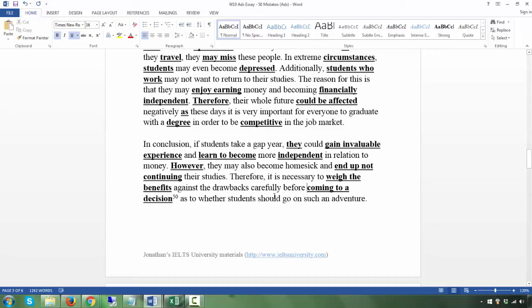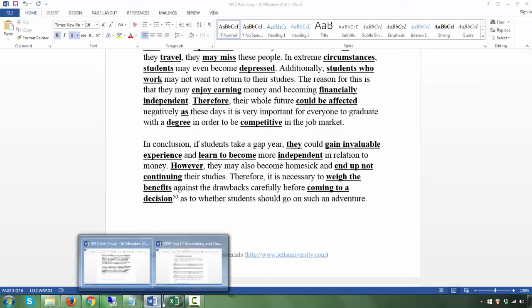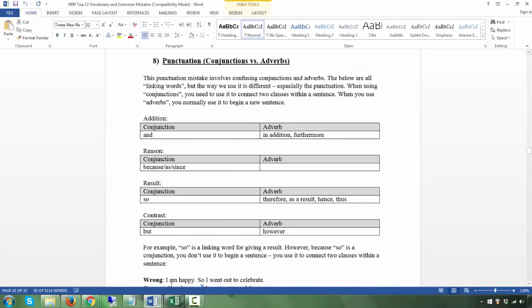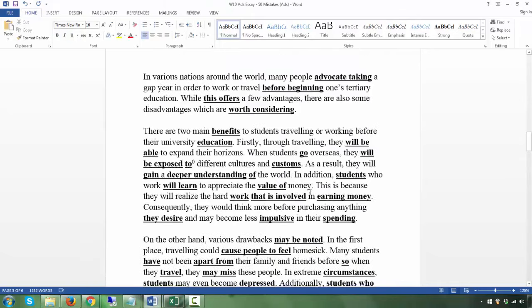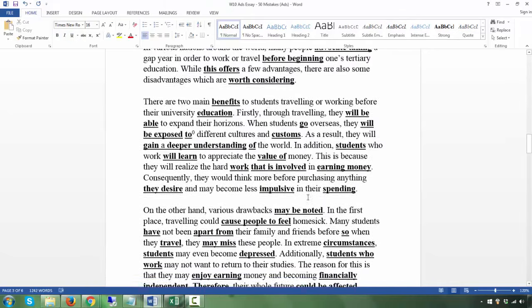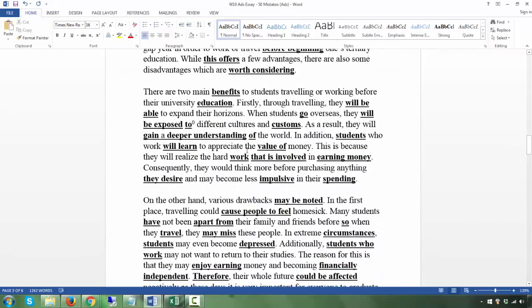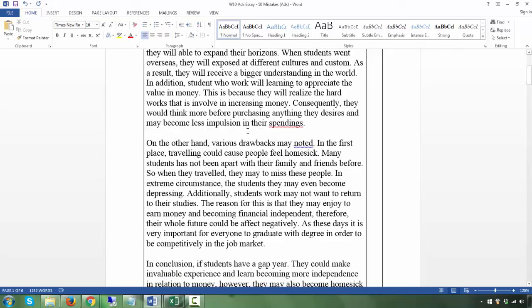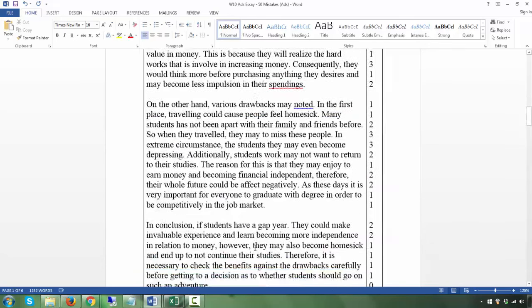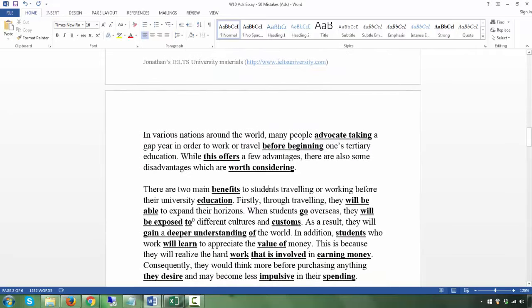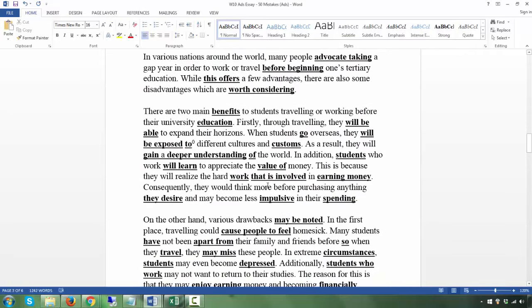Okay, so that's it. All right, these are the 50 mistakes, and they relate to all the top 12 mistakes that I've gone through. So as you can see, in just such a short piece of writing, most students would not have guessed how many mistakes there were if I gave them just this. But now you know that if you really know your grammar, there are many mistakes. Even though it sounds okay, there are small little mistakes here and there, and every examiner will be able to